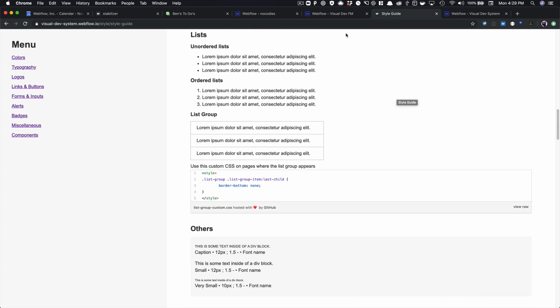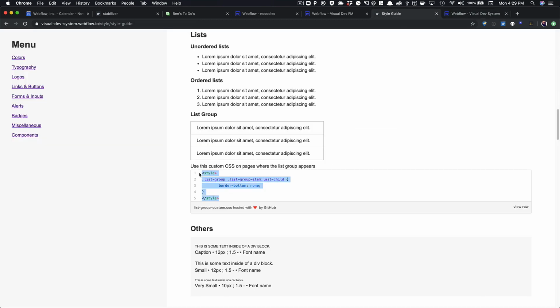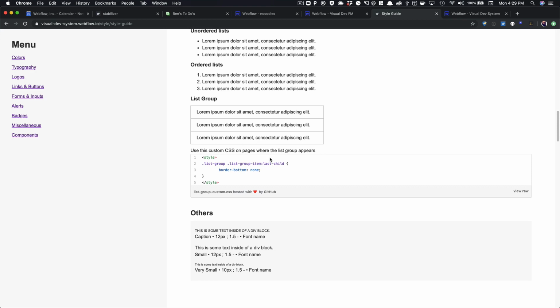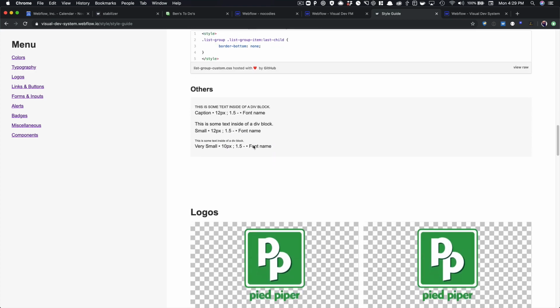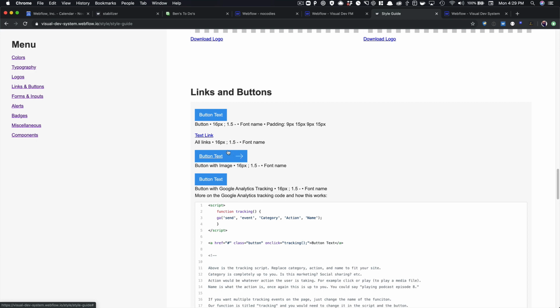So, like in the list group, you'll notice here there's actually an outline around this box, and then an outline top and bottom on each item in the list. And I've included some CSS here you could copy and paste in to get rid of that double line on your list group. Have caption text, small text, very small, place to put logos, links, text link, a button with buttons,